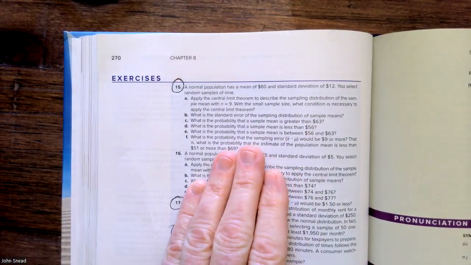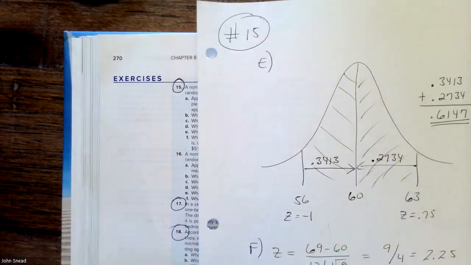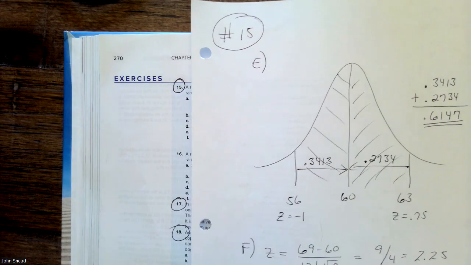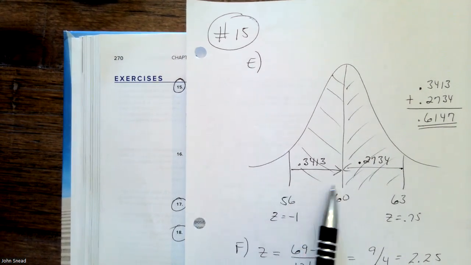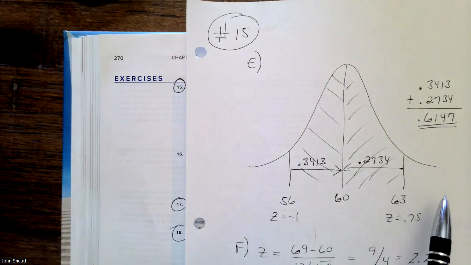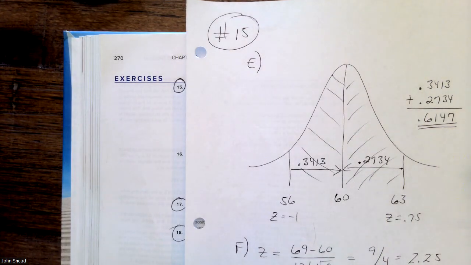And then for E, what's the probability the sample mean is between 56 and 63? Here we go ahead and we just put in the z. We've already calculated the z values for both 56 and 63. They are -1 and 0.75 respectively. So I've gone ahead and drawn the curve. You'll see that the area from a z-value of -1 back to the mean is 0.3413, and from the z-value of 0.75 back to the mean is 0.2734. So combined, that's